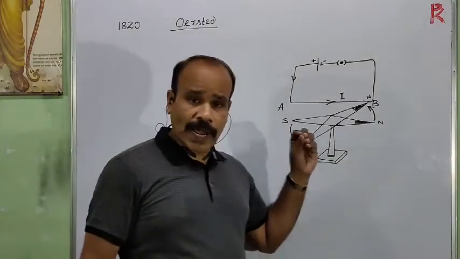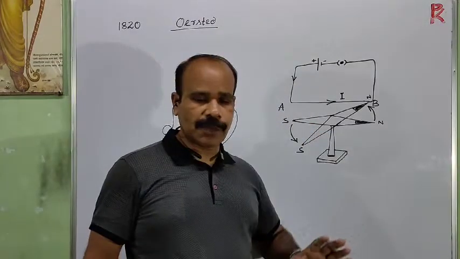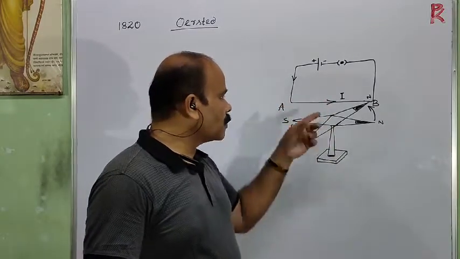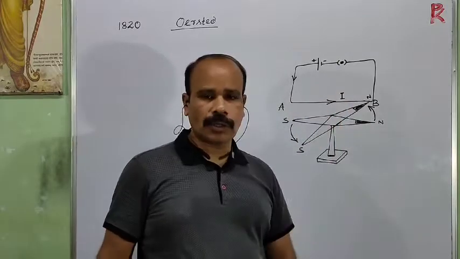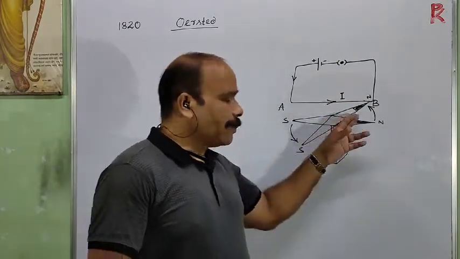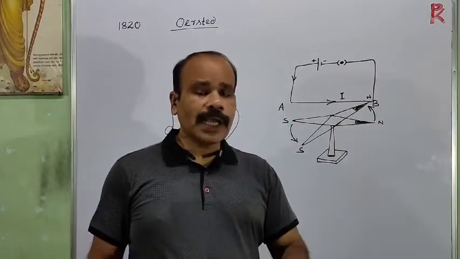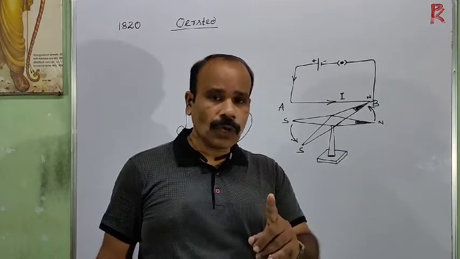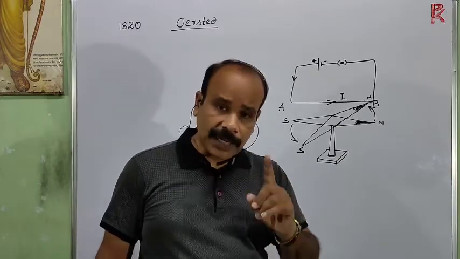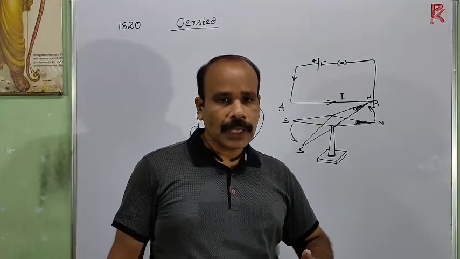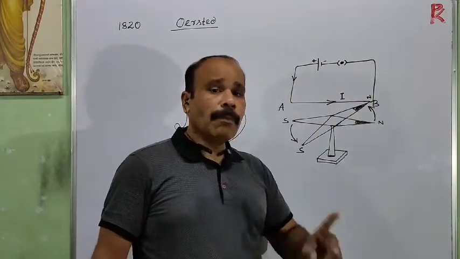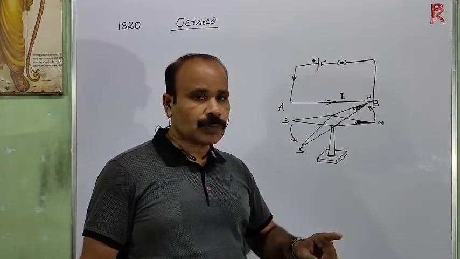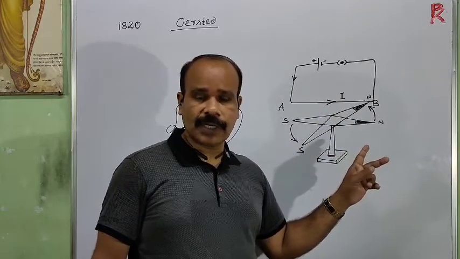So from this simple experiment, we can conclude that there is a magnetic field developed all around this current carrying conductor, because a magnetic needle can only be affected by a magnetic field. So the current carrying wire must have developed a magnetic field all around it, due to which this magnetic needle